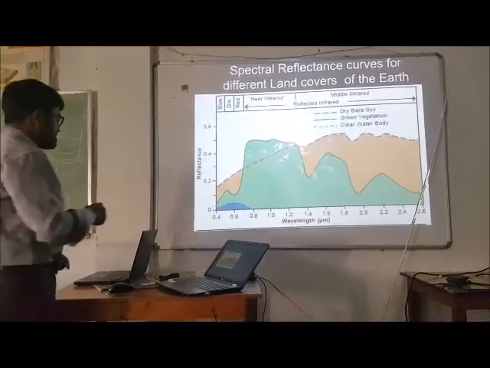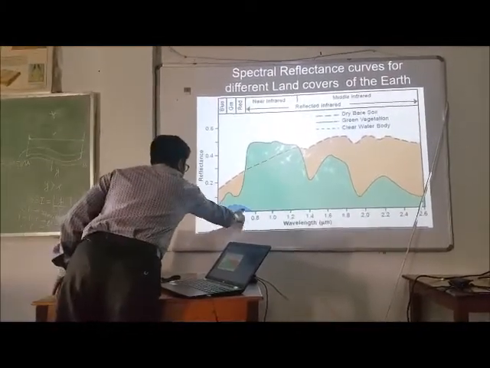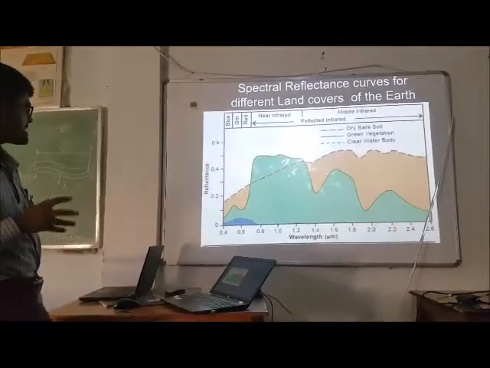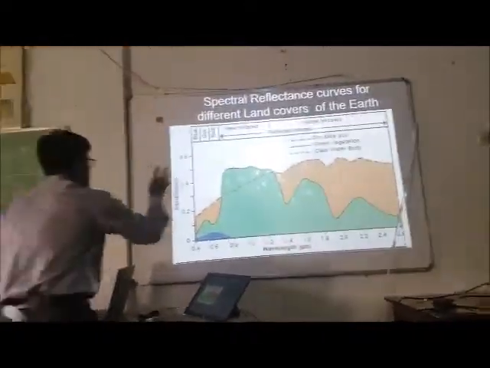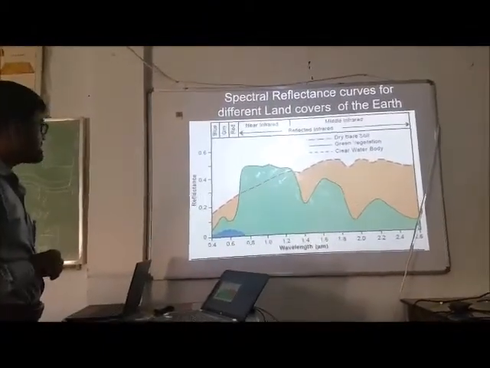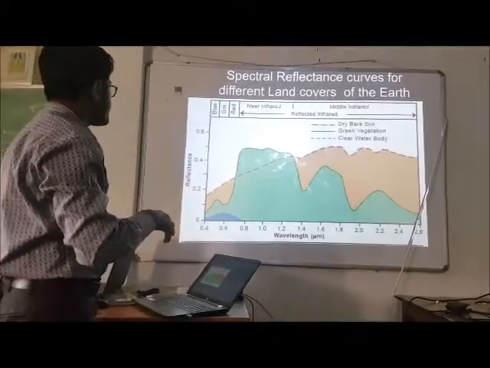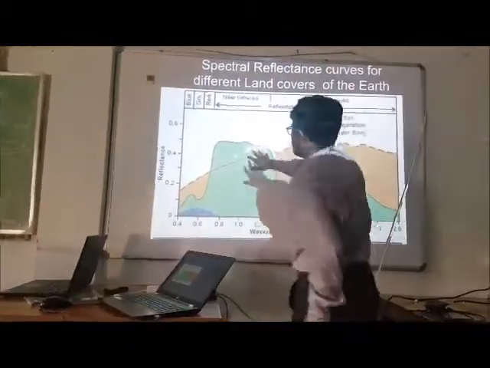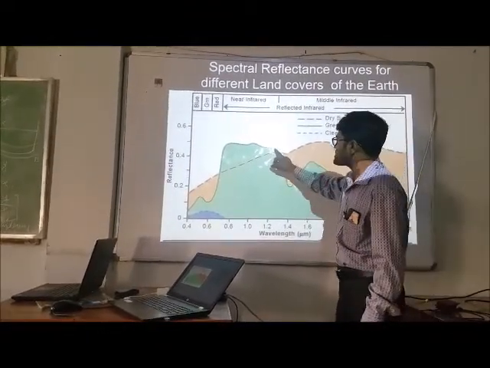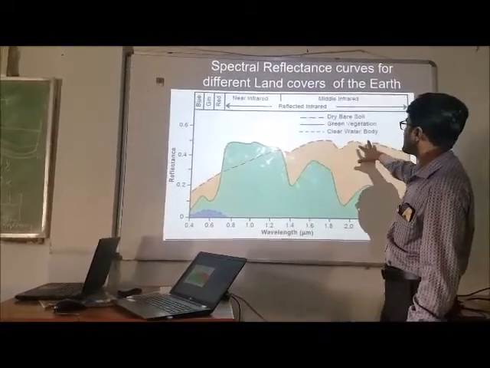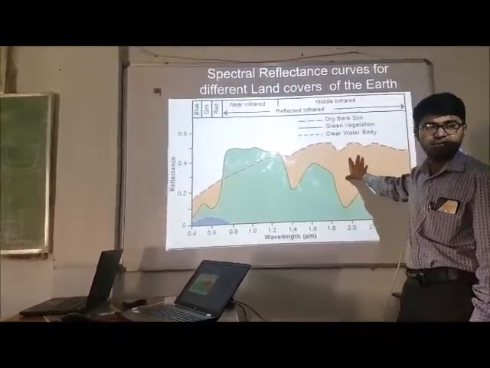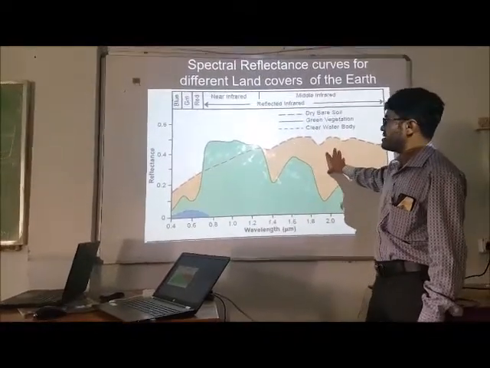Here we can see that the water body is detectable best in the green part, but in the infrared part, vegetative area can be detected more precisely, and using middle infrared, bare soil can be detected very clearly.